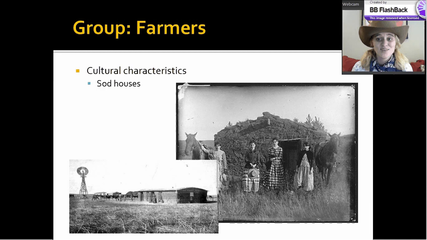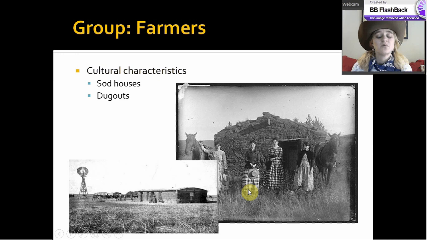They build sod houses. I don't know if you guys garden. I garden. Dirt is yucky, right? Like there are bugs and snakes and other gross things that are going to be in your homes. If you look at this photograph here, you'll notice that they have some wood in the door and in the ceiling. They probably took apart their wagon for that in order to build their houses.